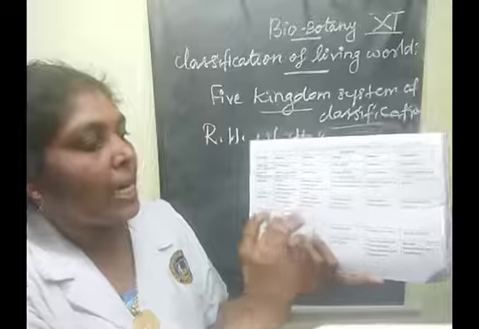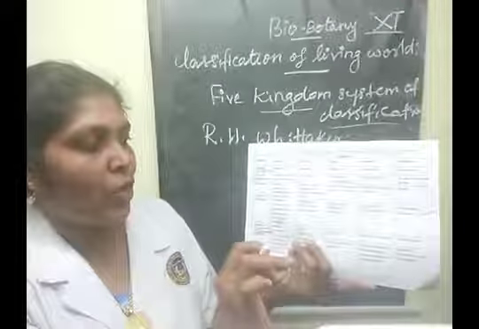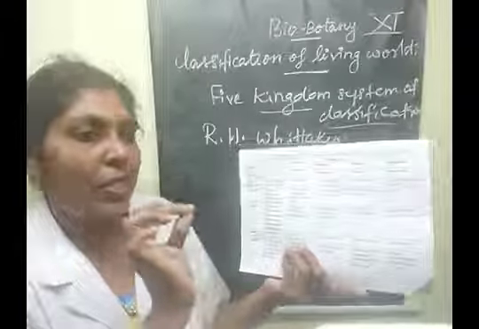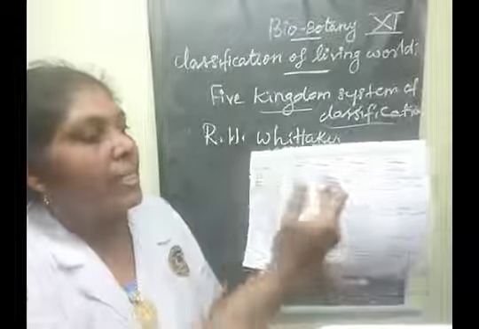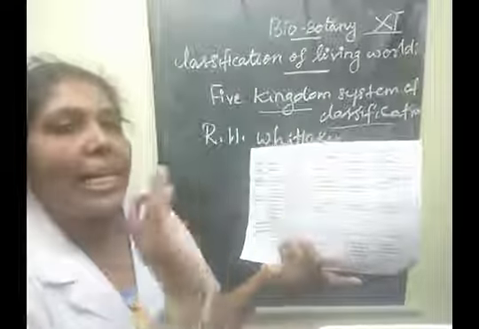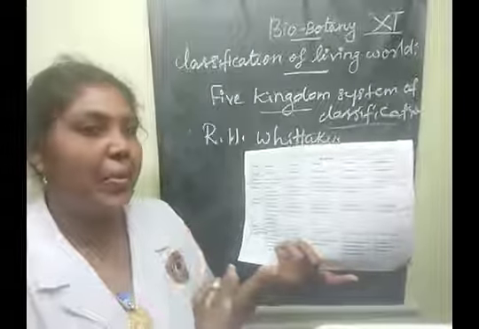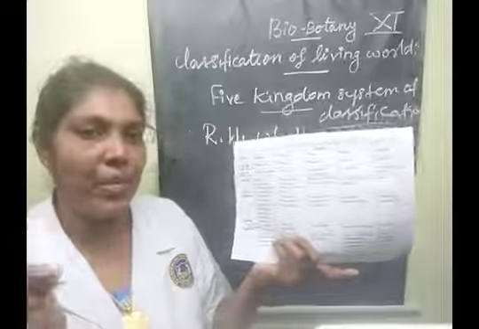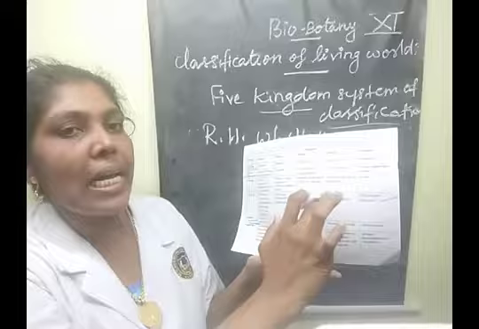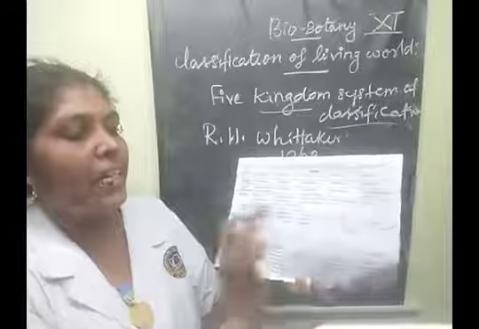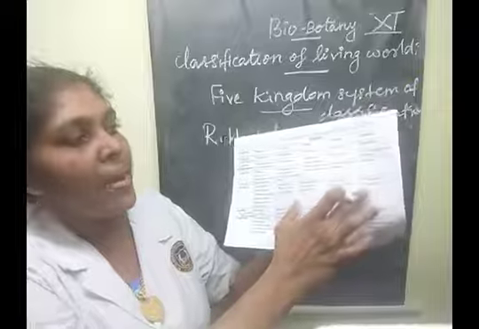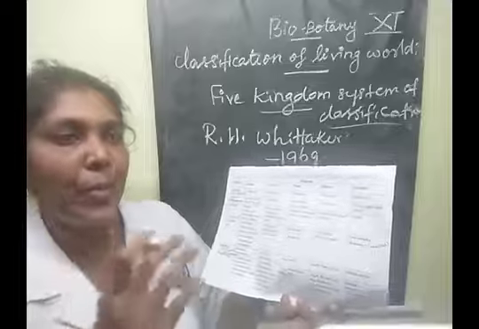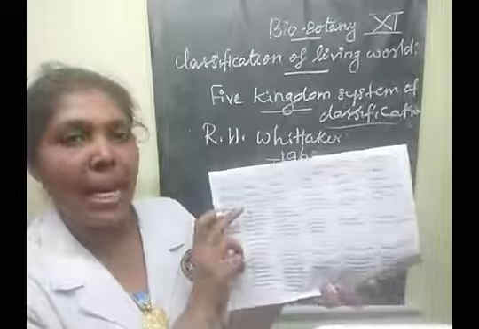Protista comes under autotrophic mode and heterotrophic mode. Autotrophic mode of nutrition means they are photosynthetic. Okay. The next one is the fungal kingdom. Only the heterotrophic mode of nutrition is present. This heterotrophic mode comes under two: parasitic mode and saprophytic mode. Clear? Then Plantae, only the autotrophic mode, only the photosynthetic mode of nutrition. Then Animalia, this is heterotrophic, holozoic. That's the mode of nutrition that takes place in the Animalia kingdom.